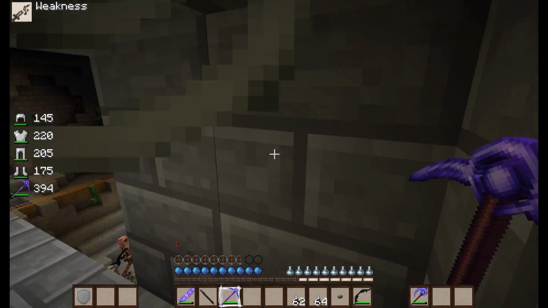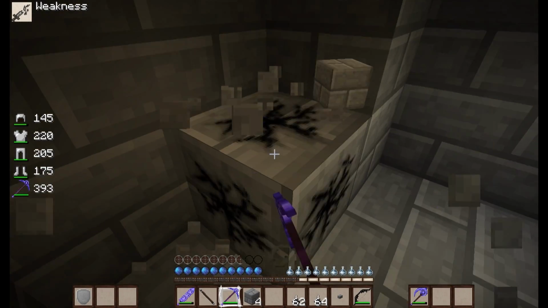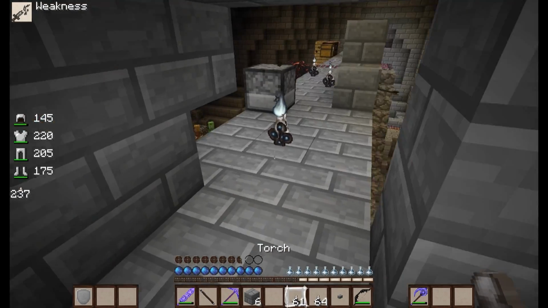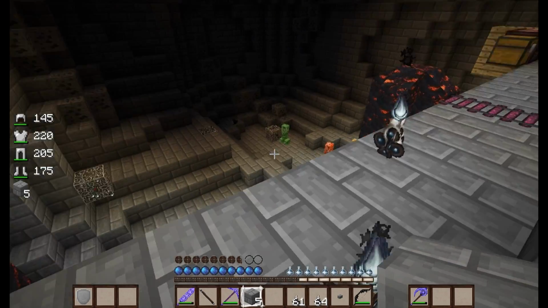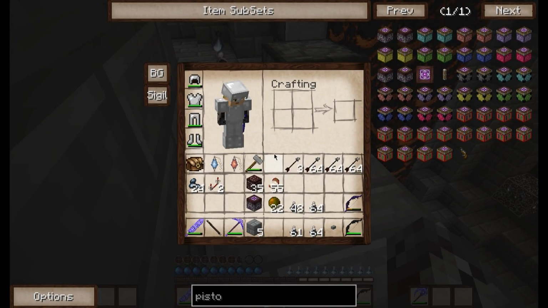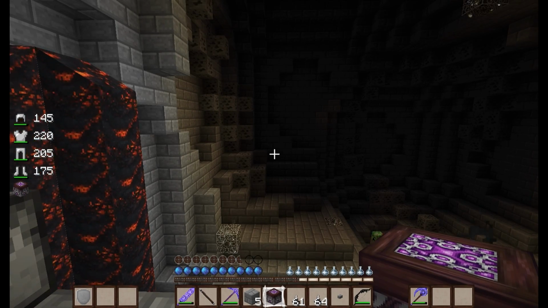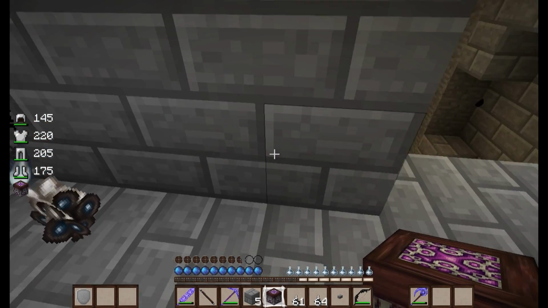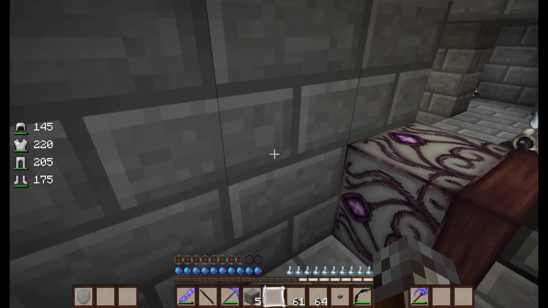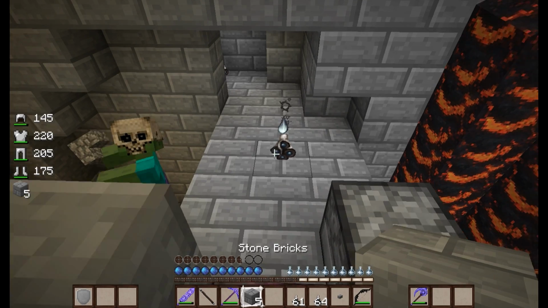Let's get a little bit more just to make sure they're not gonna try and kill me too much. And we're gonna need more anyway. This is, of course, assuming I don't die. Now, how are we delivering our payload? Gravitational piston. Now, you might be wondering, hey, Zeth, what is that? That sounds...